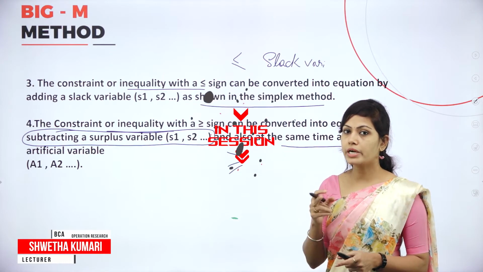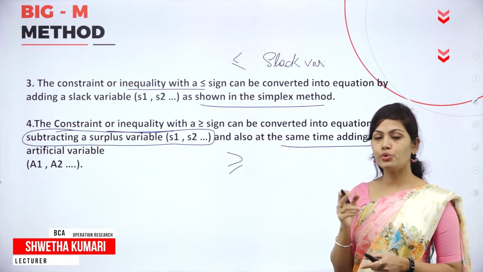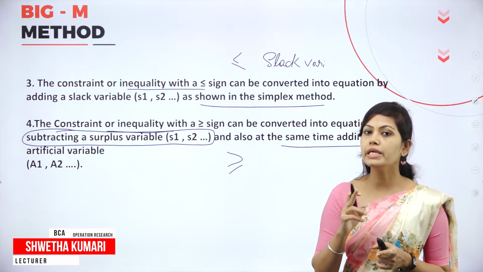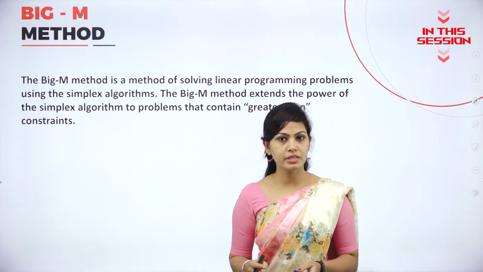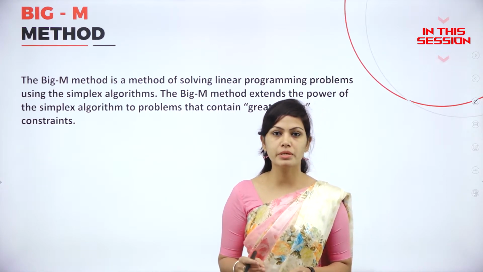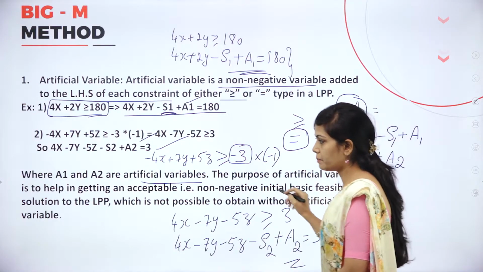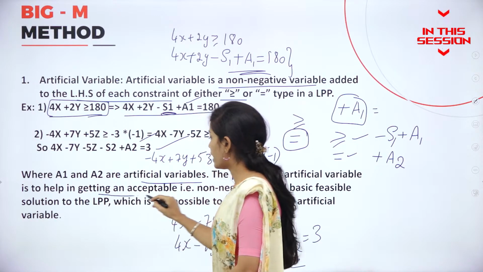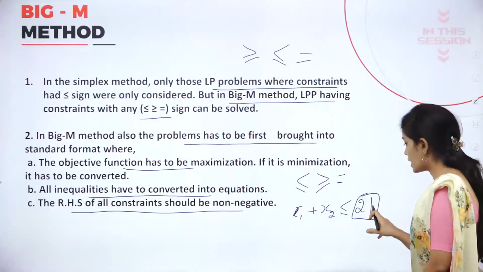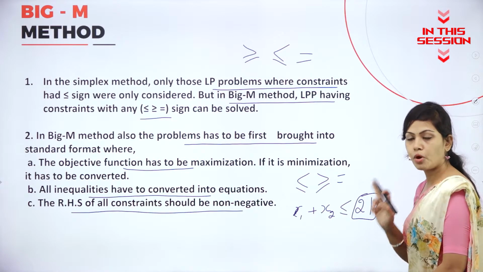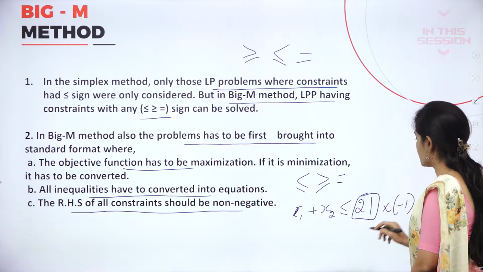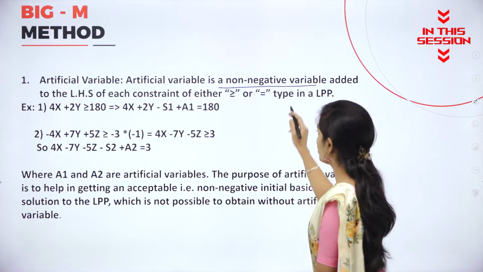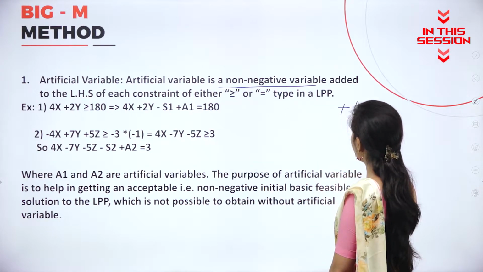In the simplex method, for converting inequalities into equalities, we are adding only slack variables. So in LPP, we can use graphical method, BigM method, simplex method and two-phase method. The purpose of artificial variable is to help in getting an acceptable solution. The RHS value should always be positive. If you get negative, you have to multiply this by -1. So artificial variable is a non-negative variable. That means you have to add